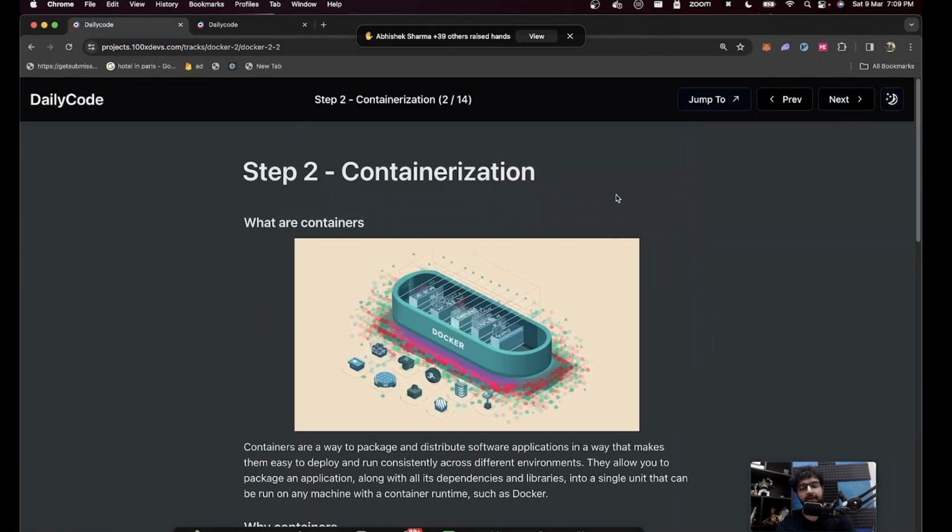Number two, before we start and understand Docker, we need to understand what containerization is. As I said, this is not Docker specific. Docker isn't the only technology that lets you create containers. Containers are something you can create on a Linux machine without Docker as well, although Docker is the most popular framework or container runtime that you will usually use.